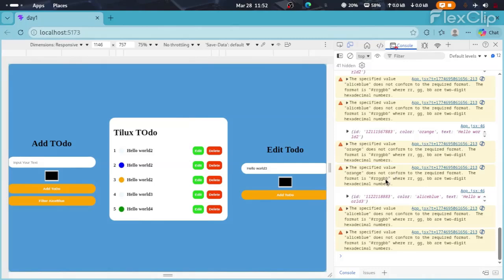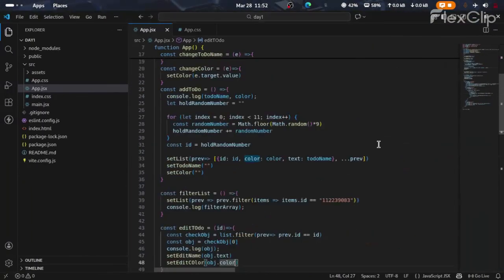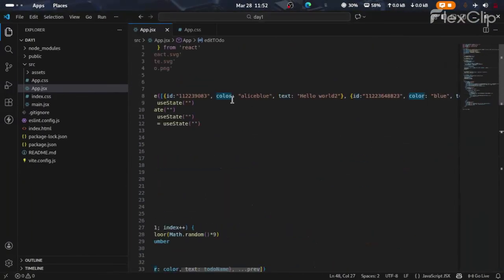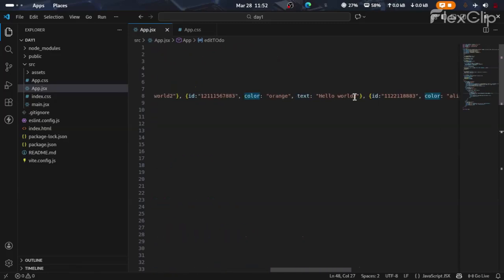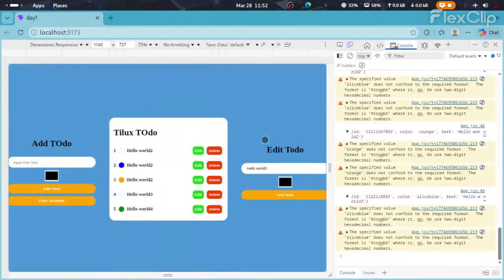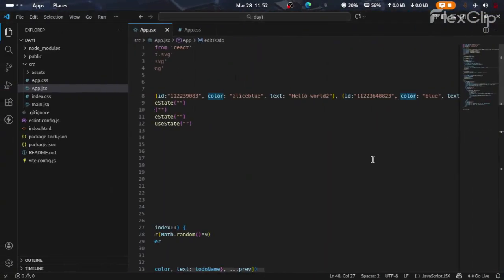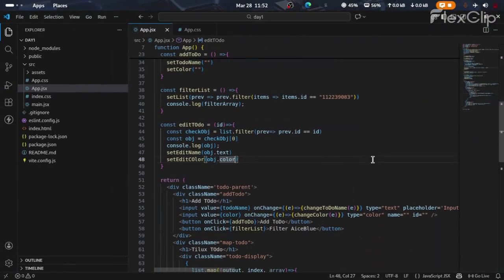So it says orange does not conform to the required format. The format is RGB, where RRGGBB are two-digit hexadecimal. The reason is that I tried to pass a color format that is not acceptable by input type color. So by default it will select black as its color. So now that I have this, I can say